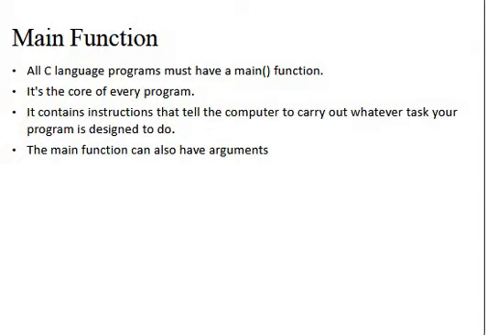main function. If you consider your Turbo C environment, a traditional C environment, nowadays people are working with online compilers or Dev C++, or those who are working on mobiles are using various apps. But if you consider a traditional C compiler, Turbo C compiler, to compile any program we use the command Alt F9, and to execute the C program we use Control F9.